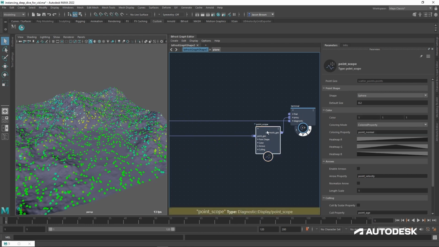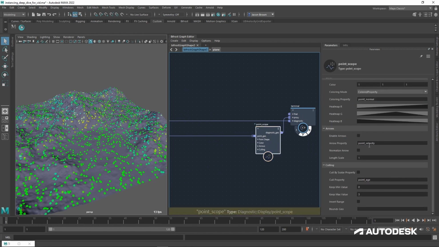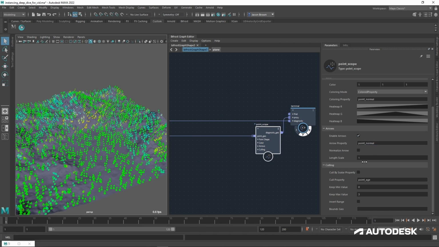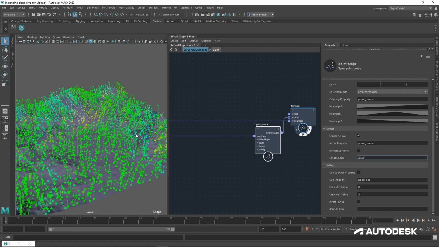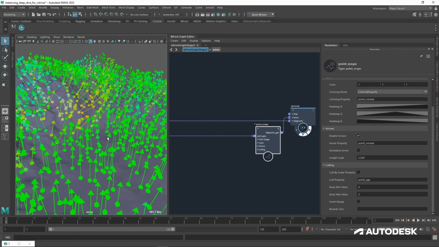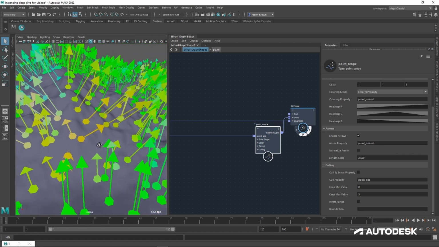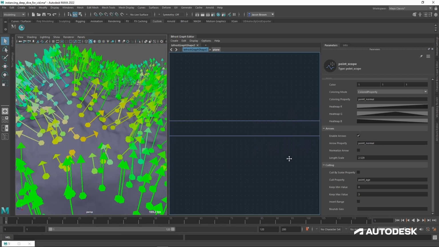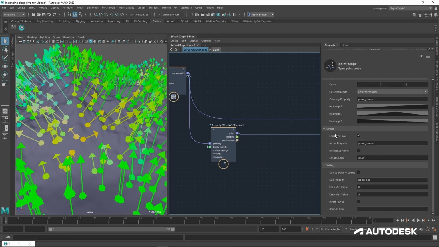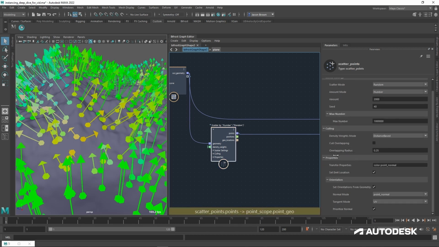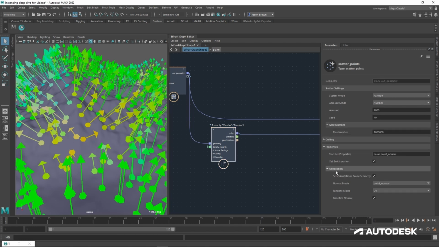And the nice thing about point scopes is I can change this to point normal, turn on enable arrows, make that just a little bit bigger, and you can see that the points are picking up the surface normal from the geometry that's being put into them. This becomes quite important later. Well, it becomes quite important now, actually, because what we're going to talk about now is the last thing,